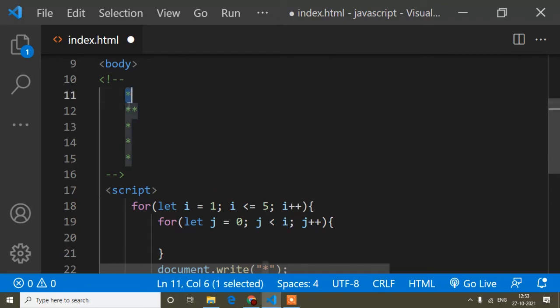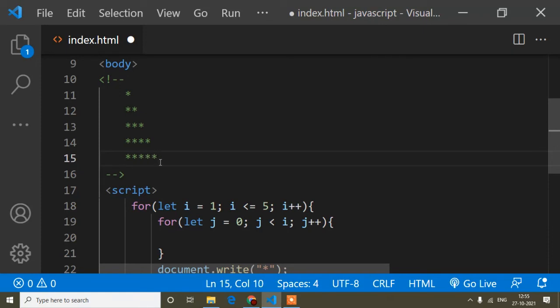So when i is 3, j will be 2. When i is 4, j will be 3. When i is 5, j will be 4, like this way.